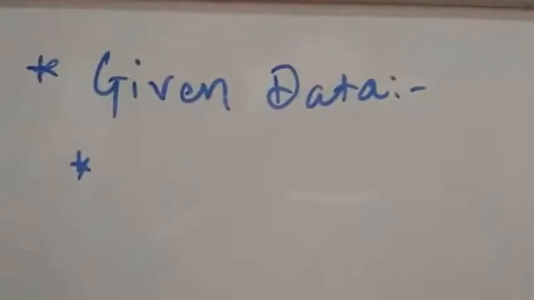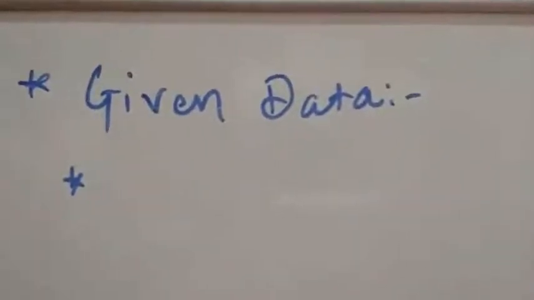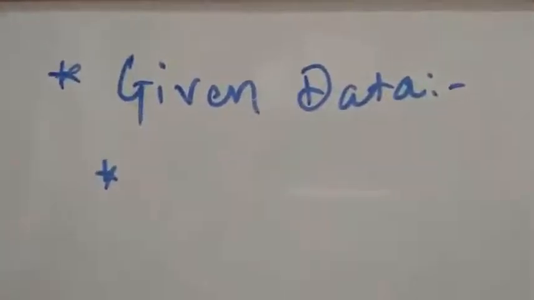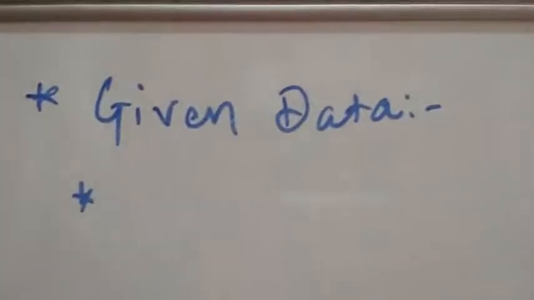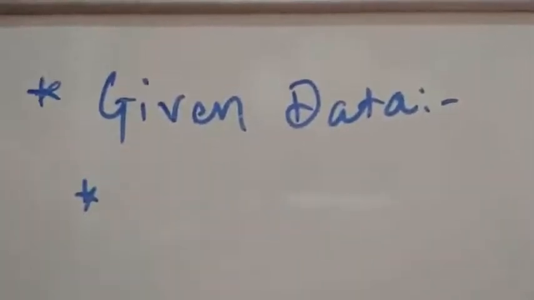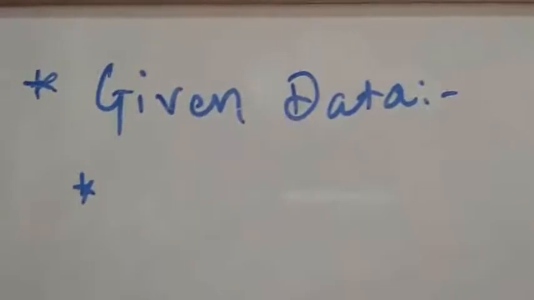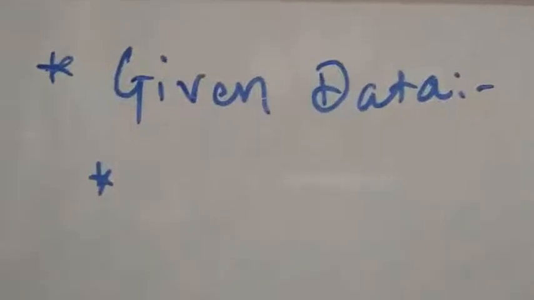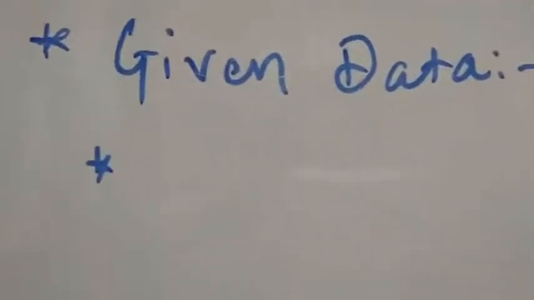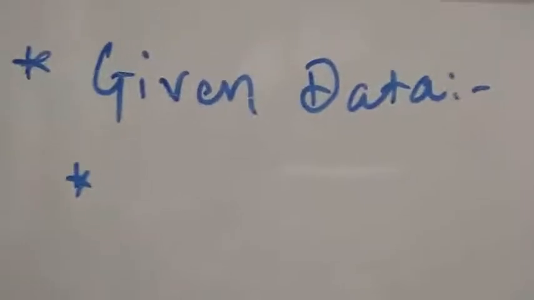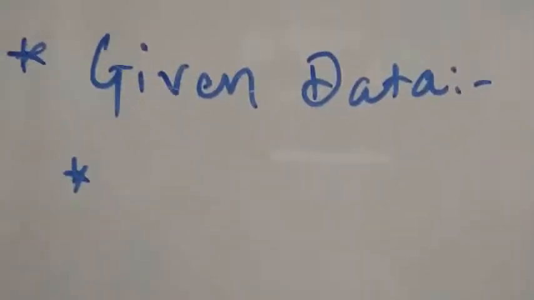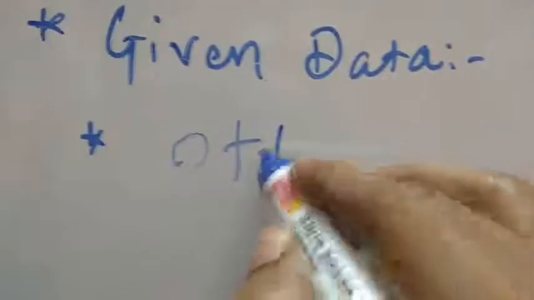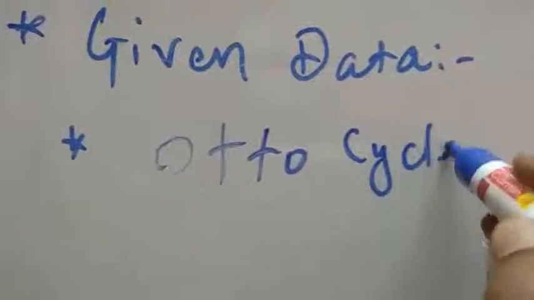Okay, so first we will write the given data. Can you tell me what type of cycle this is? Which is the air standard cycle? By reading the statement, there is one line given in the statement itself. What is that? The specific heat at a constant volume. So it is nothing but what? The heat is getting added at the constant volume. So what will be the cycle? The heat addition at a constant volume is the Otto cycle.